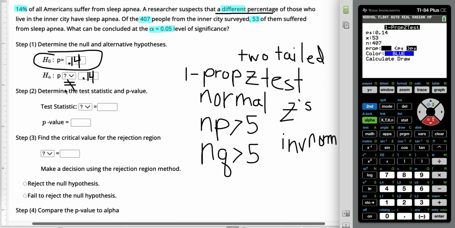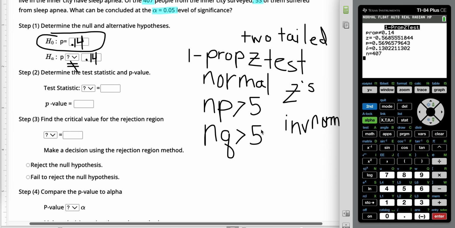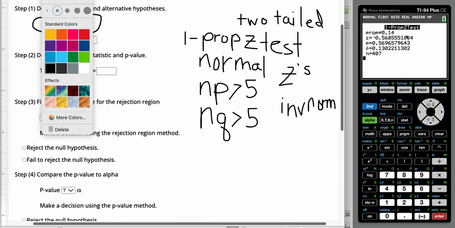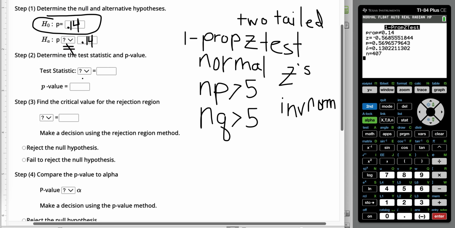Now, this is a two-tailed test because we're using the not equal sign because we're just looking to see if it's different in either direction. So I'm going to use the not equal sign here. I'm going to come down and hit calculate, and I'm going to get all the information I need. Okay, so our test statistic, that's our very first value here. So it's going to be z because we're using the normal distribution here to approximate the binomial distribution. So we have z is equal to, and our test statistic is negative 0.56